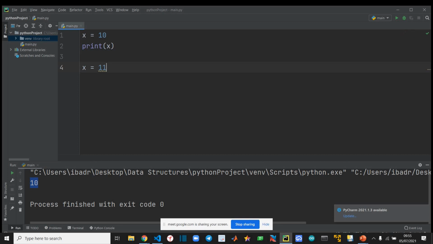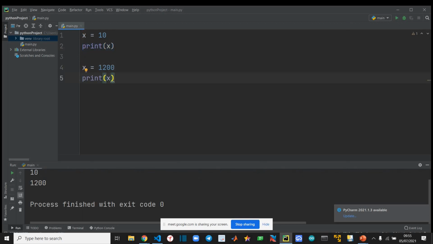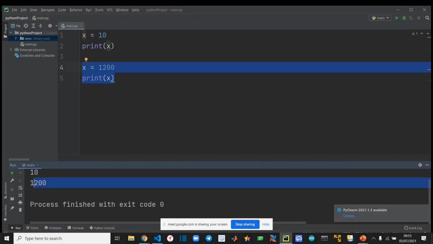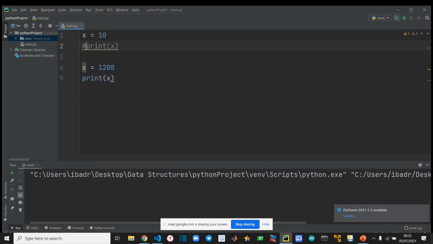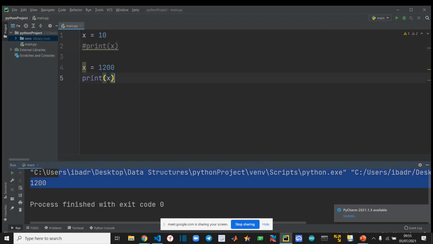If I write x equal to 1200, and I print the value of x again, it will be first 10, but when I reassign it, it will be 1200. If I don't print this one,